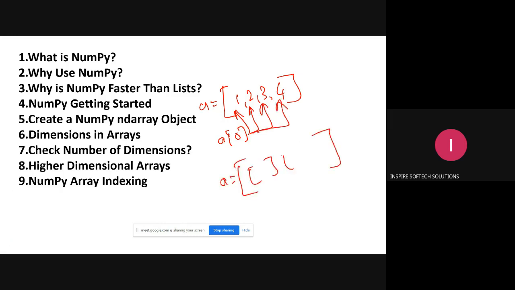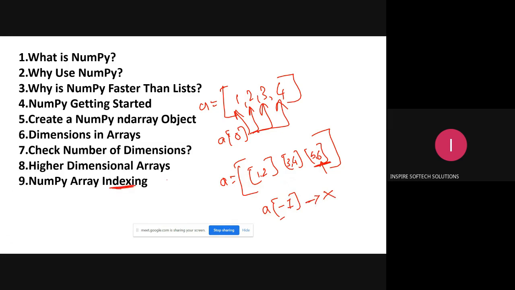Like this, here we have 1, 2, here we have 3, 4, here I have 5, 6. Now you have to print only 6. Is it possible to print 6? Generally I'll give a of minus 1. When giving a minus 1, do you think 6 will be printed? Completely no. So if it is a 2D, how to access based on the indexing?